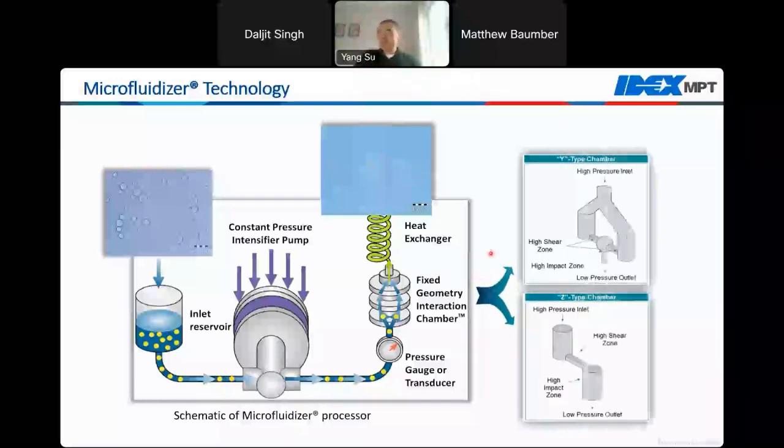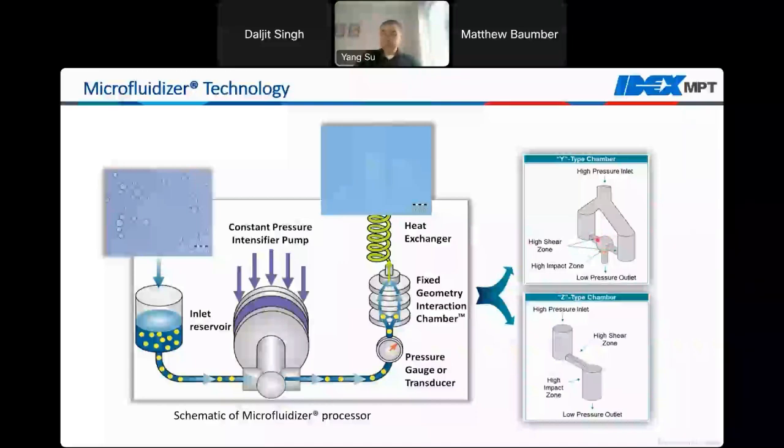We have two different interaction chamber designs. The one shown on the top here is what we call the Y-type chamber. You can see the Y chamber has 2 microchannels. Sample comes into the chamber and will be split into 2 streams. Each will pass through the microchannel, subjecting to the high shear treatment, and then impinge on each other after exiting